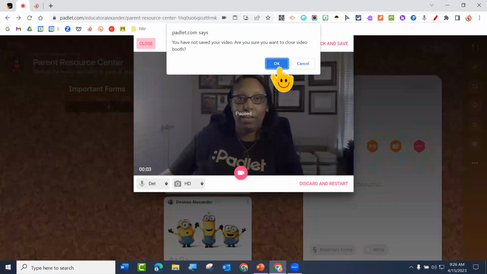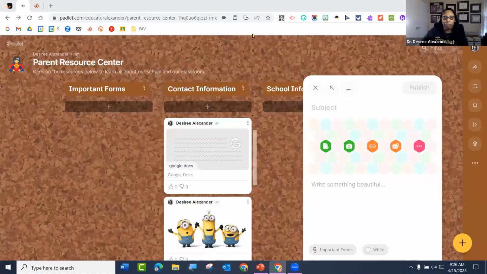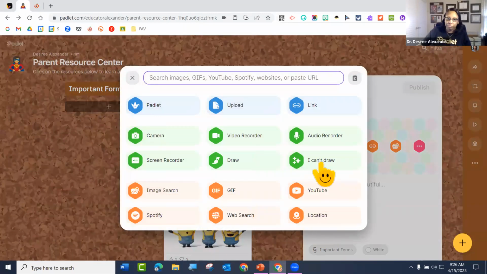Let me stop this and start my video with Zoom again. All right, there you go. So I do not suggest having an entire 2 computers of Zoom while you're trying to record your video on Padlet. But there you go. So you do have a video recorder though for free in Padlet. So think about all of the different ways that you can have your students use this.